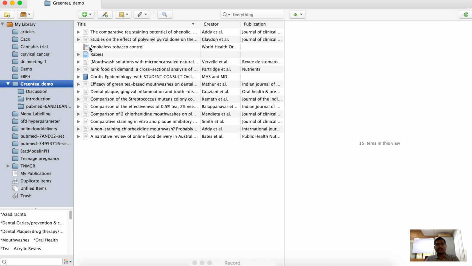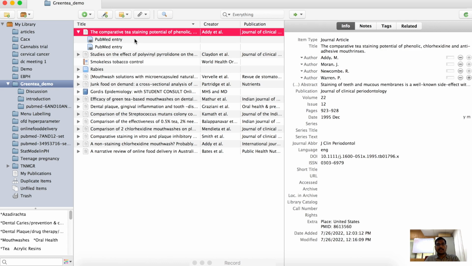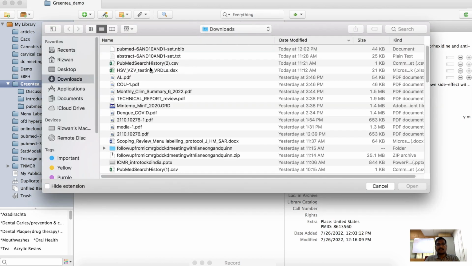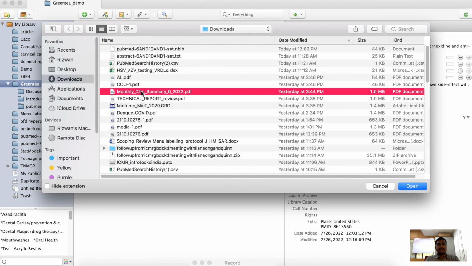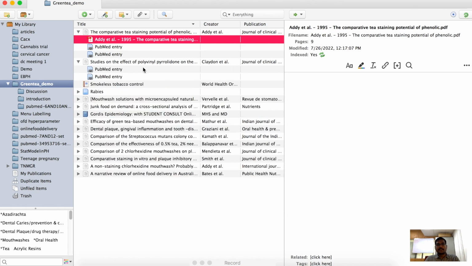So as I was saying, if you have a PDF which has to be added to a reference, you can do that by simply dragging and dropping, or you can also use this attach button. So here I want to attach a PDF to this particular reference, attach link to file, or attach stored copy of file. So let us click on attach stored copy of file. Let us say that this is the PDF I want to attach. So it will attach the PDF here. Similarly, you can do for all the references here,